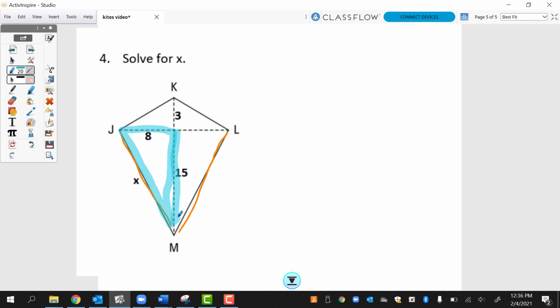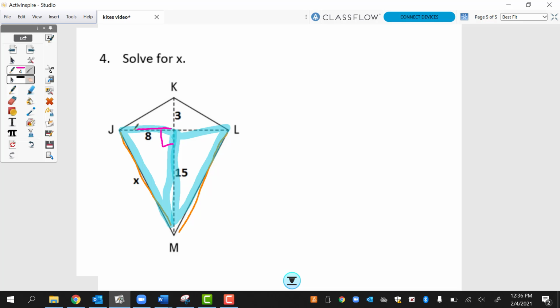Now, do I know what LM is? No, so that's not super helpful. So I'm not going to say, oh, well, whatever LM is, the same as what X is. I actually have to use something else about this triangle to figure out what X is. So what am I going to use? Well,